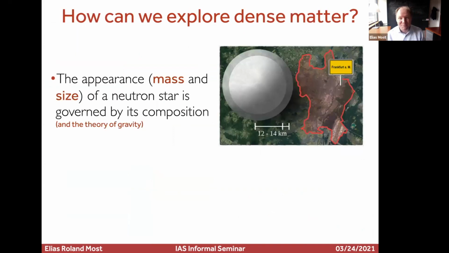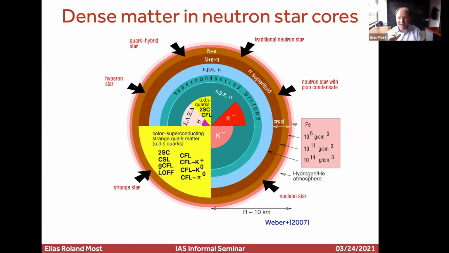Just to get some idea, neutron stars in principle are characterized by their composition. If you want to ask what a neutron star looks like, you basically have to ask what a neutron star is made of, and also what the governing theory of gravity is. For all practical purposes, we assume that's general relativity. Once you have that, you can compute how big the neutron star is for a given mass. The way this works is that you have these super extreme densities inside a neutron star, beyond nuclear saturation, so in principle you could start deconfining nucleons into their core constituents at the center. This will really govern what my star looks like.